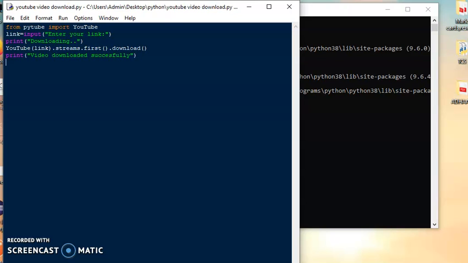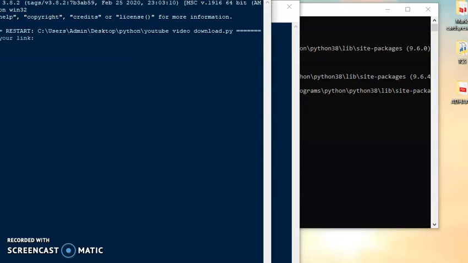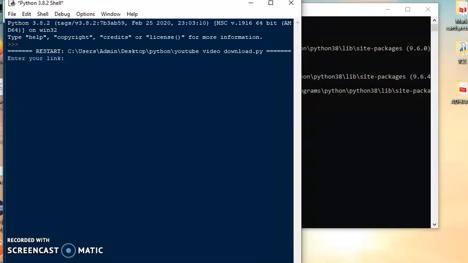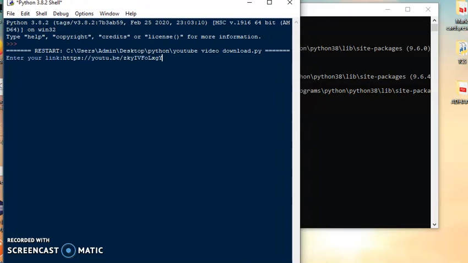And save the file. Now run the file. It is asking for a link, and I have pasted one, and it is downloading. And see, this video is downloaded successfully, and this file will be stored in the folder where you have saved